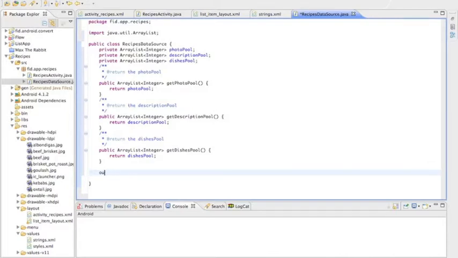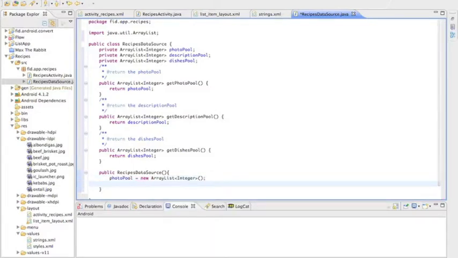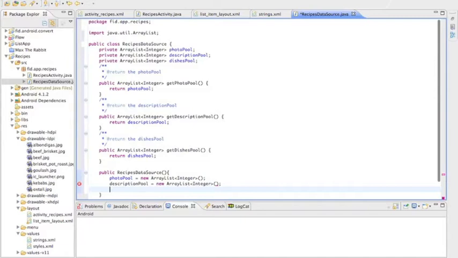Public list app data. Not list app data source. Wrong class. Public recipes data source. That's a constructor. What I'm going to do is initialize these array lists, right? So photo pool equals new array list of integers. Same thing for description. Description pool equals new array list of integers, and then